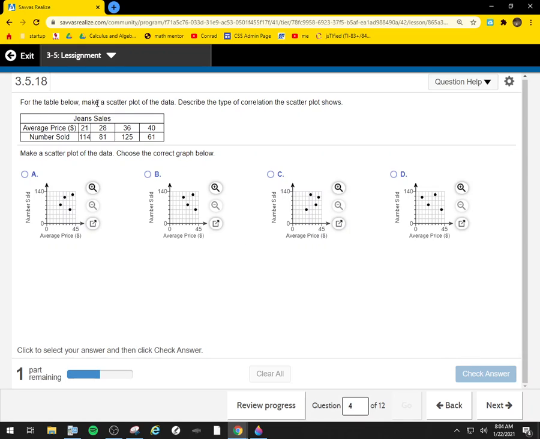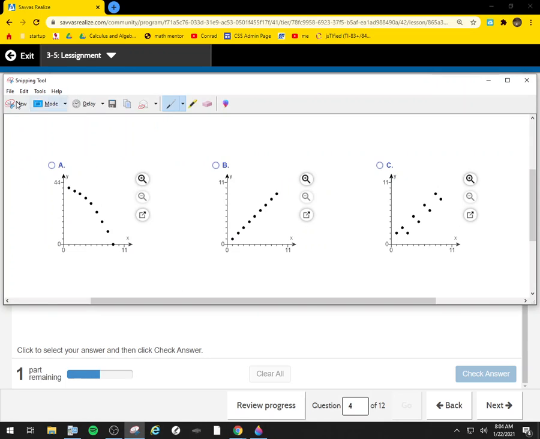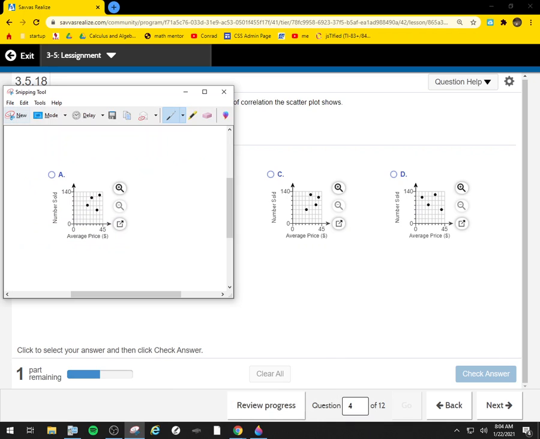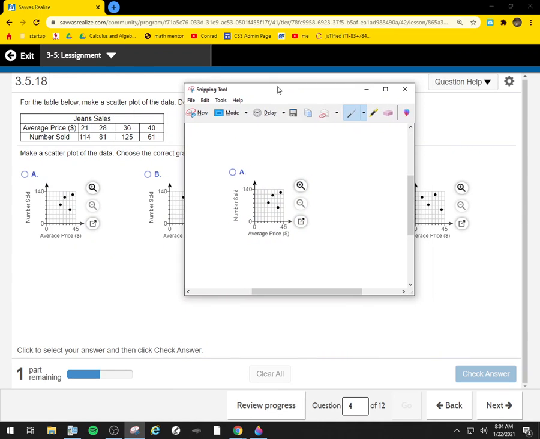For the table below, make a scatter plot of the data. Describe the type of correlation the scatter plot shows. Okay. Jeans sales. Average price. Number sold. $21 is 114. So when the price is 21, we need 114. All right. I am going to just steal one of these. Let's see. At 21, let's see. So 45